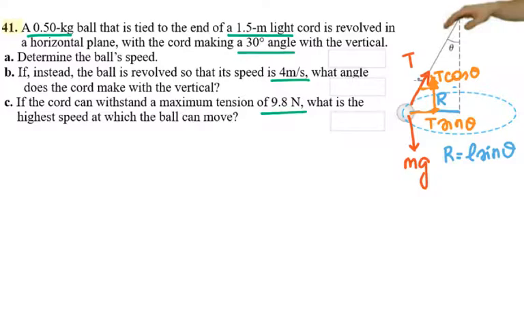Because it's circular motion, there's still going to be a centripetal acceleration. Here I have it in green, centripetal acceleration toward the center, and the horizontal component is right here, T sine. Now I'm going to do Newton's law for vertical and horizontal motion. For vertical motion, I have in the up direction T cosine theta and negative mg, and there is no acceleration vertically, so that equals 0. And then I have T sine theta,